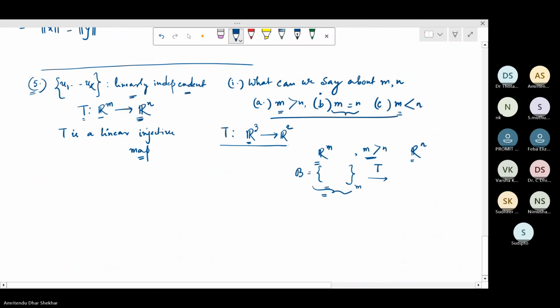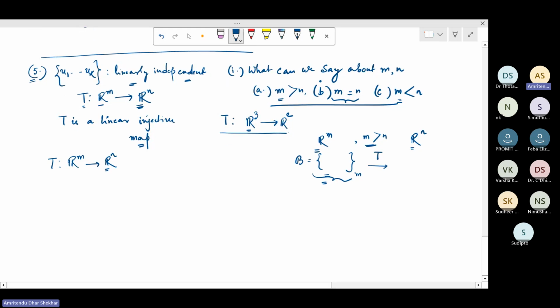So if T is a linear map from Rm to Rn, then when we say that T is a linear injective map, that is equivalent to saying that